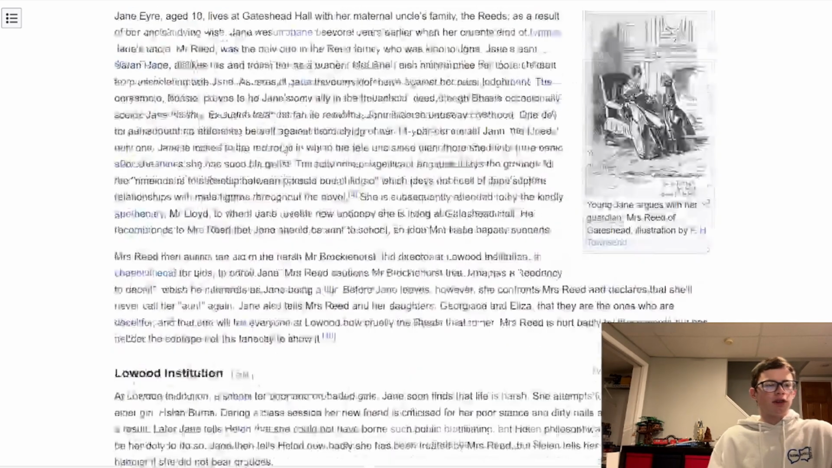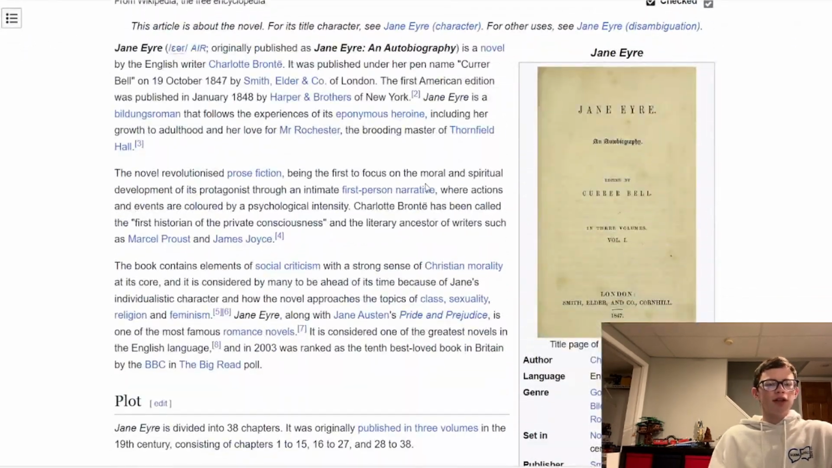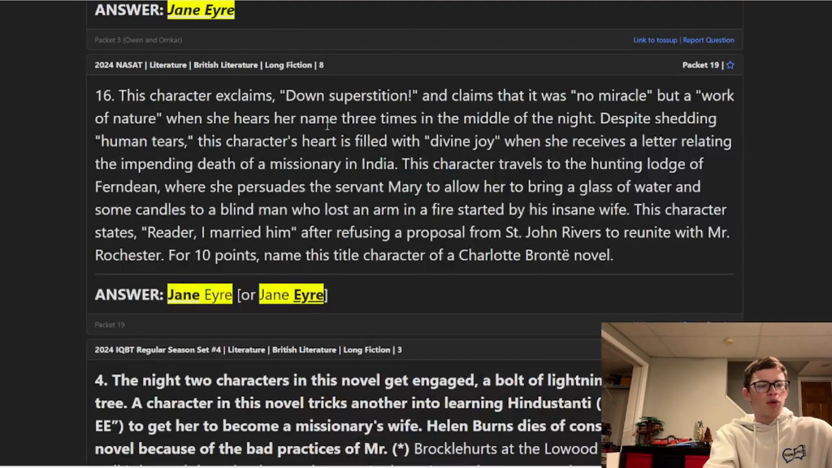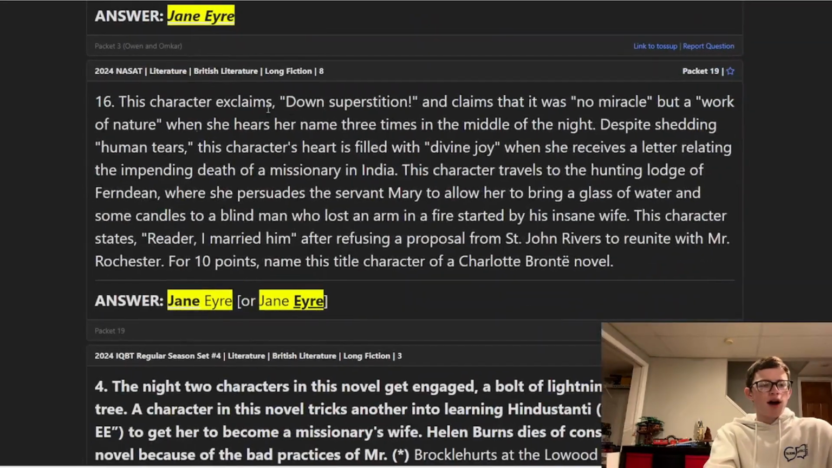It's a very strange novel. You'll see a lot of clues about it. A lot of the time, the clues won't actually be about the novel, but about Jane Eyre and other things, because she is an extremely important literary character. A big key from this is if you're not reading the work, you're not going to be able to power